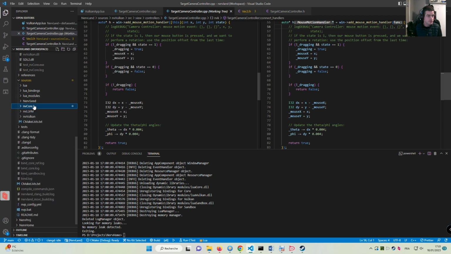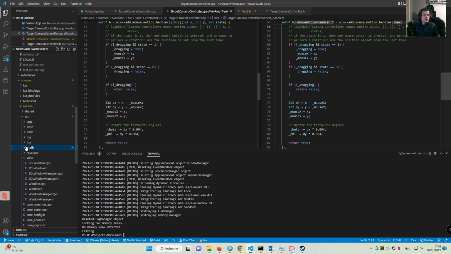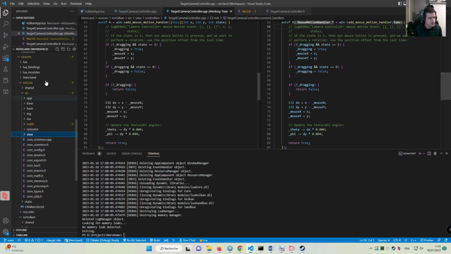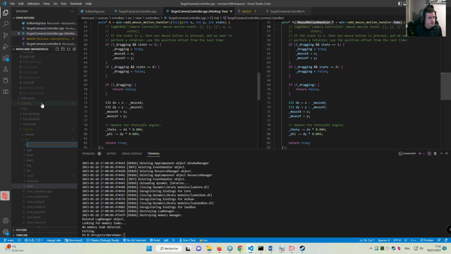I have a few modules here and I don't want to put that into the Vulkan module because to me this is not really Vulkan related. I'm probably going to put that into the core module directly. So in the sources here, what should I do? View, what do I have in view? Yeah, SDL window and so on. So let's start by adding a new folder. Let's call that scene,